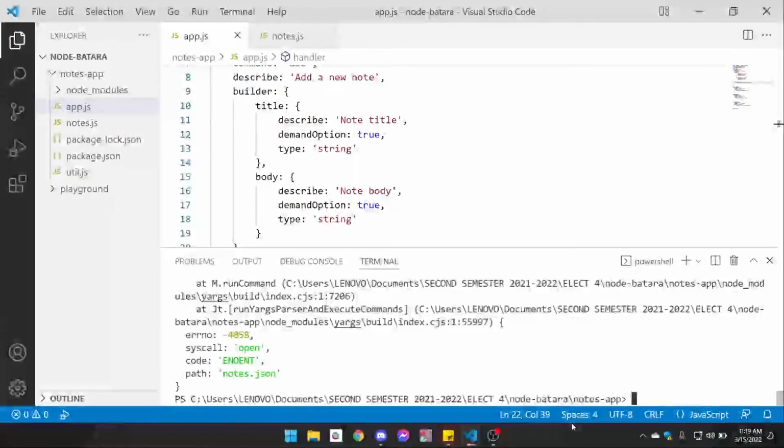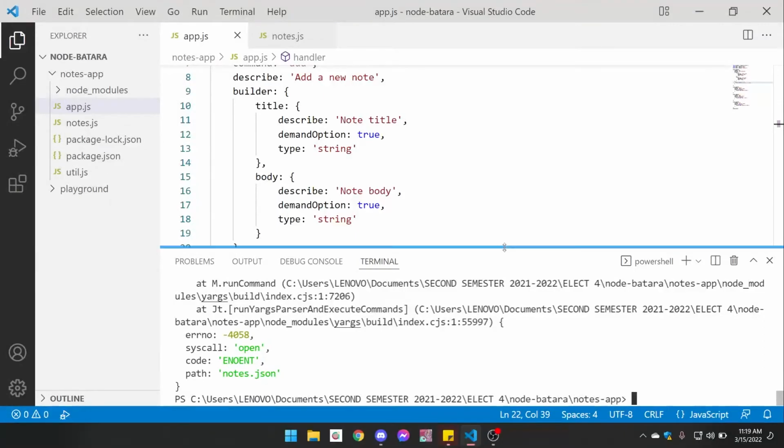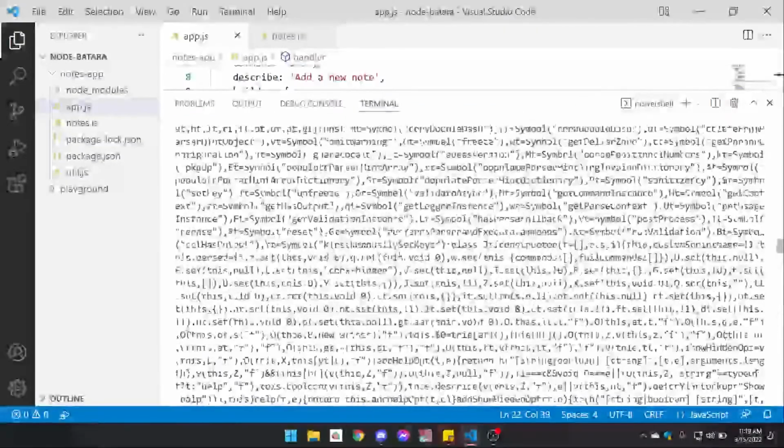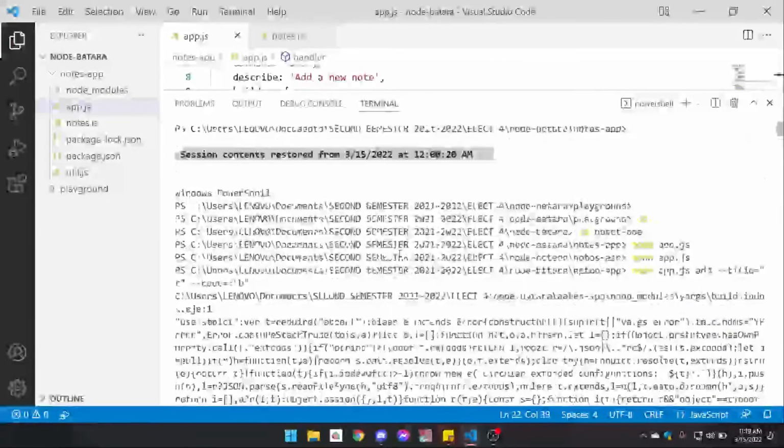So, as you can see, nag-error siya. Sinadya ko talaga mag-error siya. Mag-error siya, pero yung mababasa natin right here is,